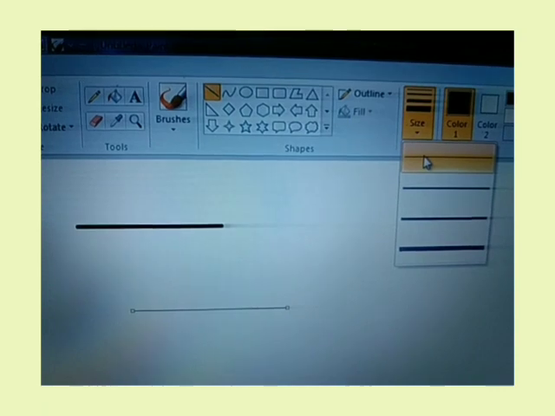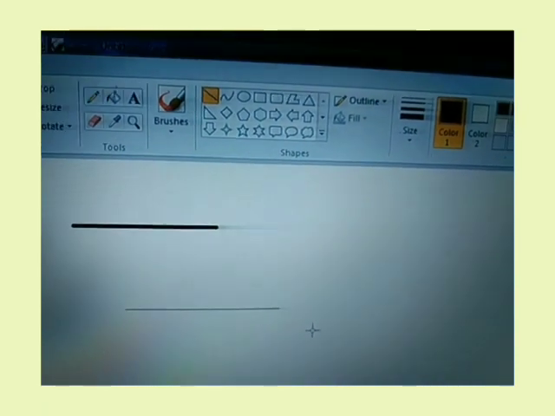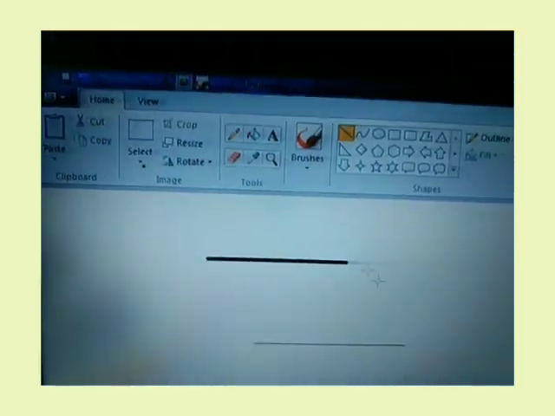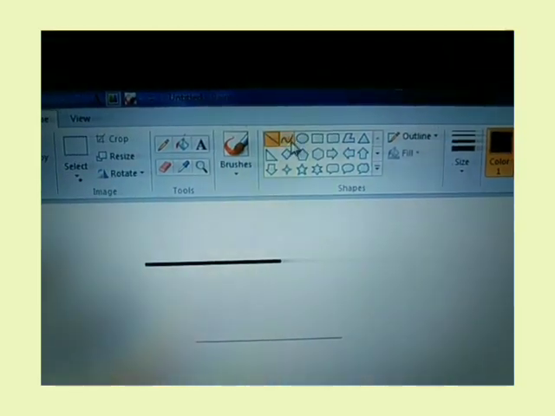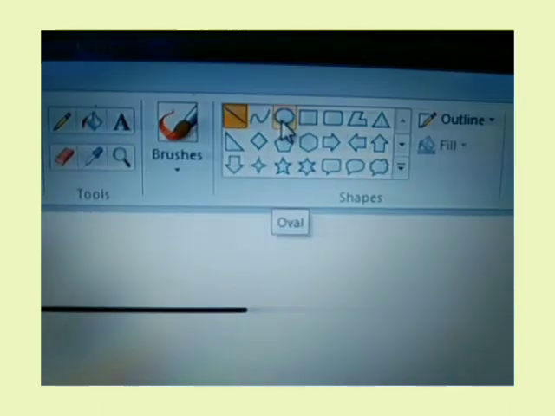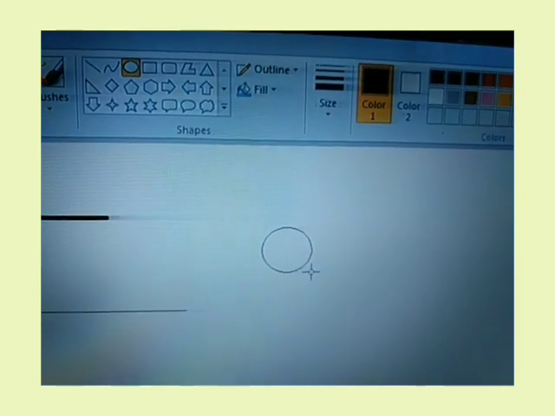So say we have selected this and we are satisfied with this. So I have clicked somewhere outside and it got fixed. So this is how we can use the line shape. Curve shape, same type. This is the oval, the name is oval, but you can draw a circle also using this.